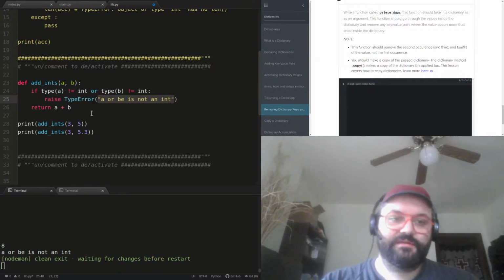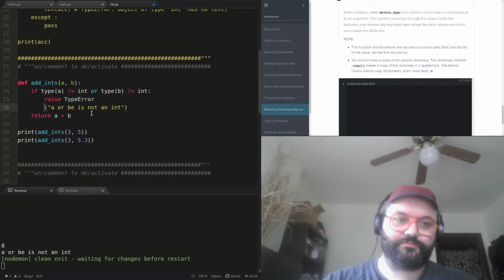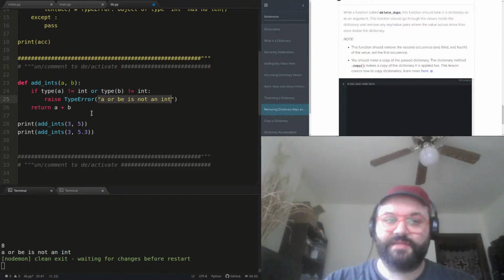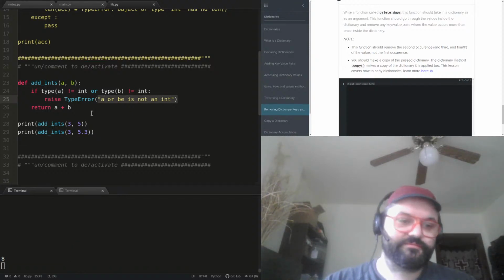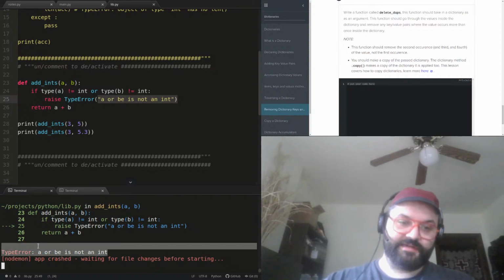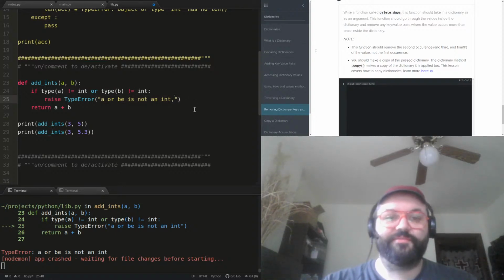We'll just treat this as a function. We say TypeError and then parentheses, and this is just the error message that we want it to have. So TypeError: A or B is not an integer. And let's say I want it to say, but you're still cool.